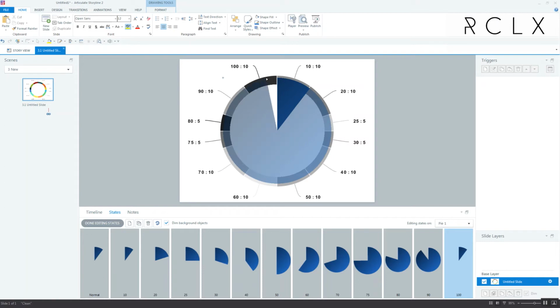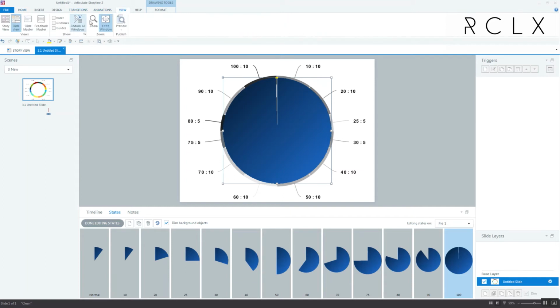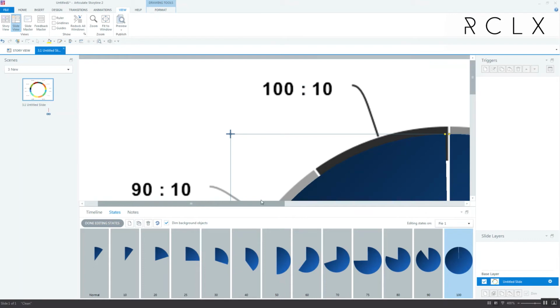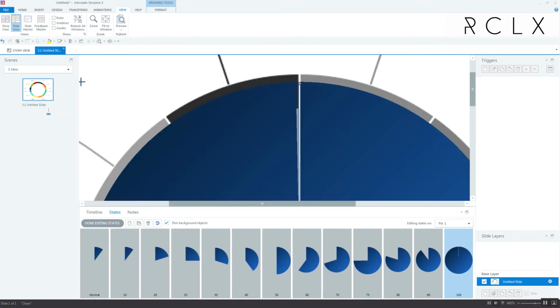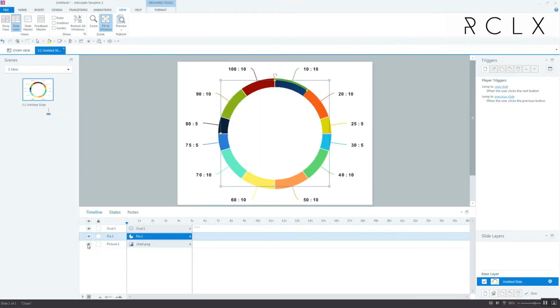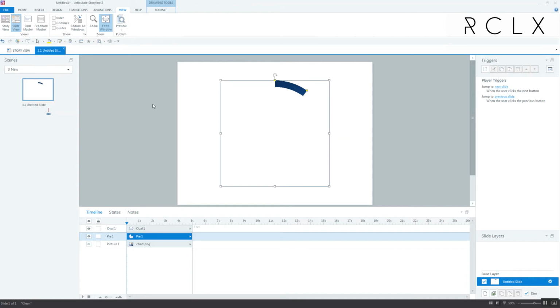Okay, so on 100, you'll notice that if you try to get it lined up perfectly, it's kind of a pain. So we're going to have to zoom in super close to get this to look perfect. Okay, so it's not perfect at 100, but it's about as good as it'll get. Okay, we don't need our chart anymore, so I'm just going to hide it just in case we need it further down the road. So right now it's at 10%,